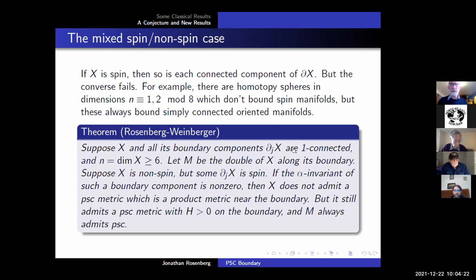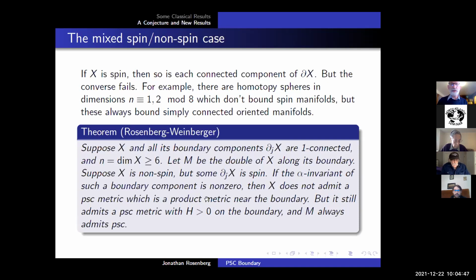All right, so once again, let's suppose X and all the boundary components are simply connected. Let's take the double of X along its boundary and call that M. We'll assume that X is not spin, but some boundary component is spin. Now, if the alpha invariant of such a boundary component is non-zero, then X does not admit a